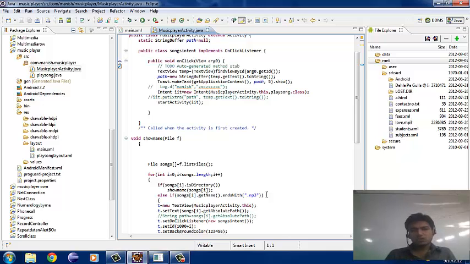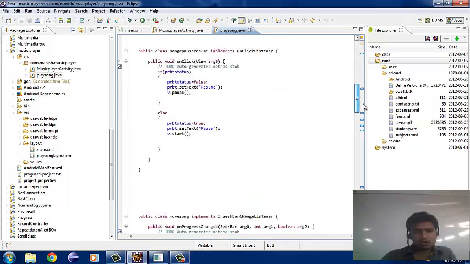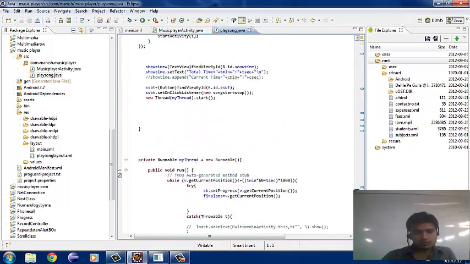This logic we can also apply in a search engine, so that we can differentiate all the files, like .mp3 and .pdf files, to search from our SD card or the memory card in our real device. In the next activity, I apply the logic of the music player.